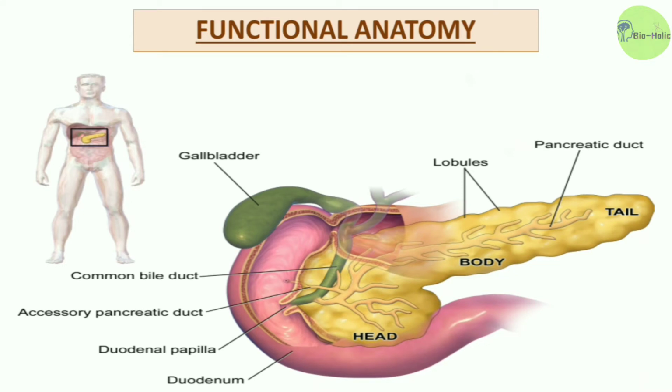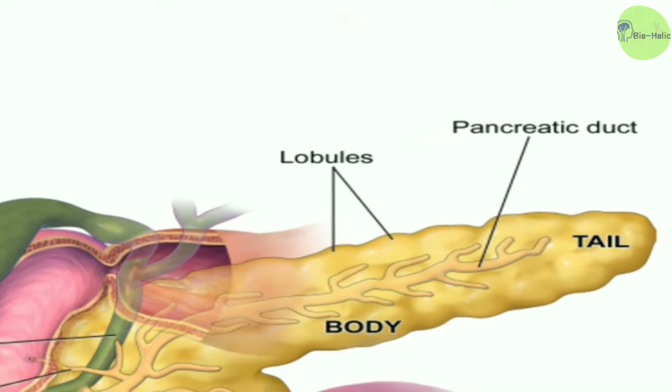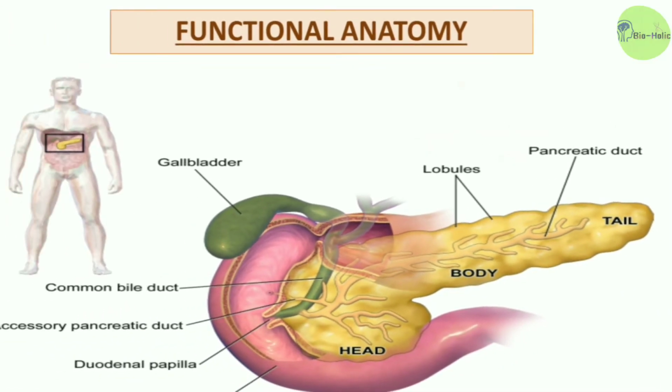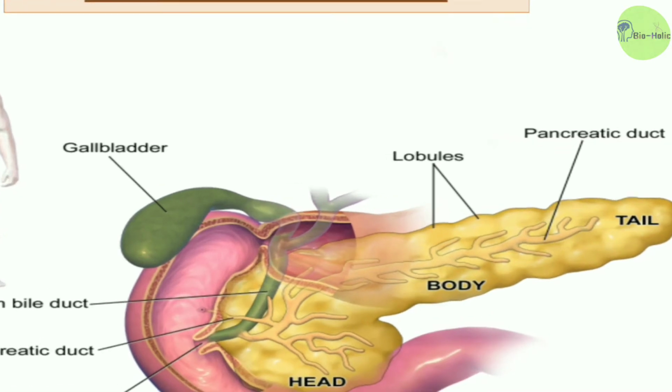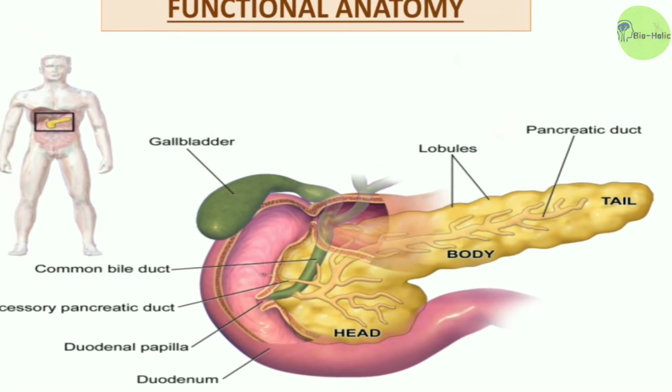The whole structure of the pancreas is shown in this diagram. There is presence of some lobules in this pancreatic section and we can clearly see the presence of the pancreatic duct in between. This can be divided into mainly three parts: the tail, the body and the head portion. In the head portion, the common bile duct is situated.